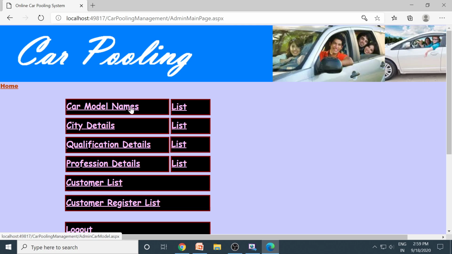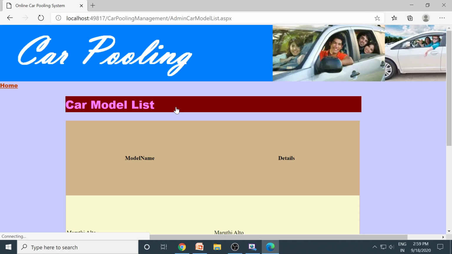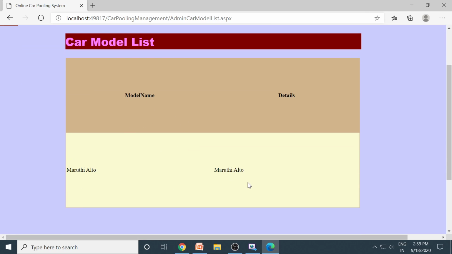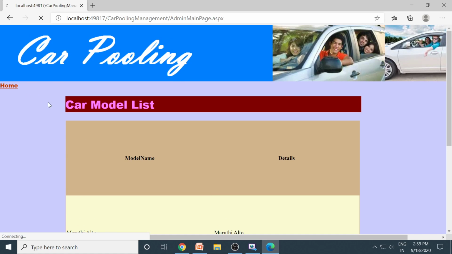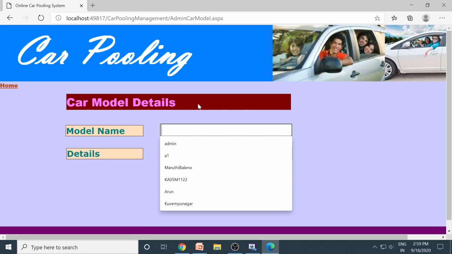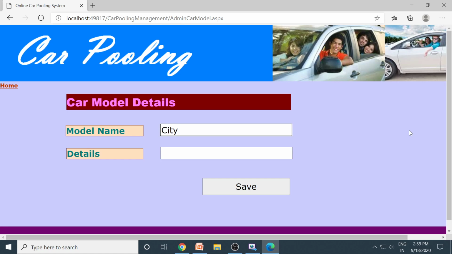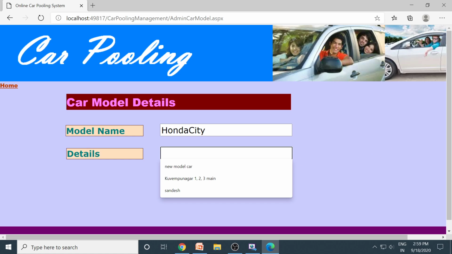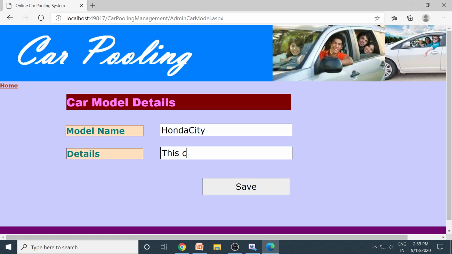Here is the car model names. If you go to list, we can see the list. There is a Maruti Alto. One car model is entered. I want to enter one more model name. You can enter it here. Sorry, Honda City. Right, this is a model, this car from Honda.